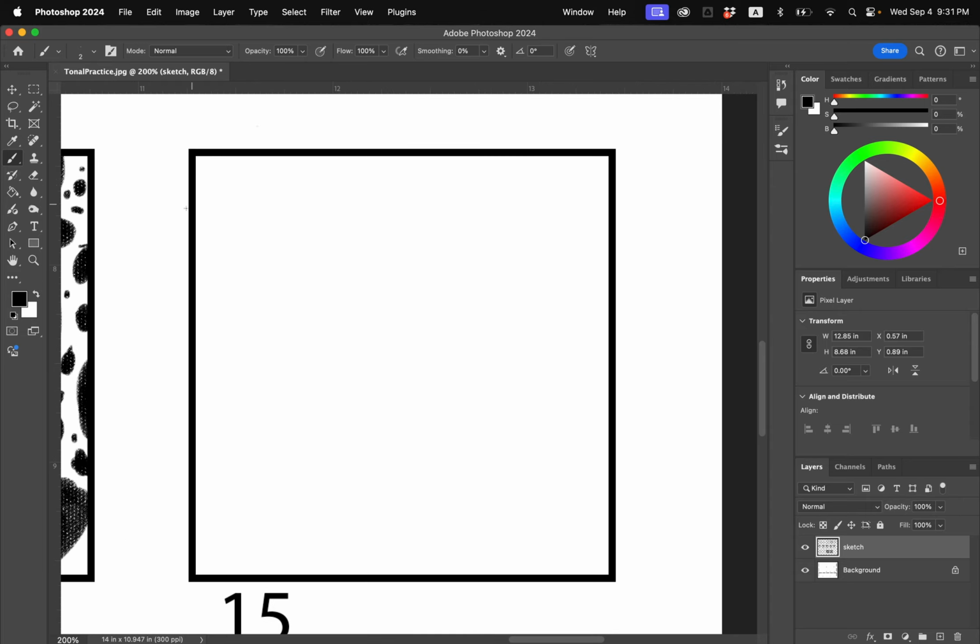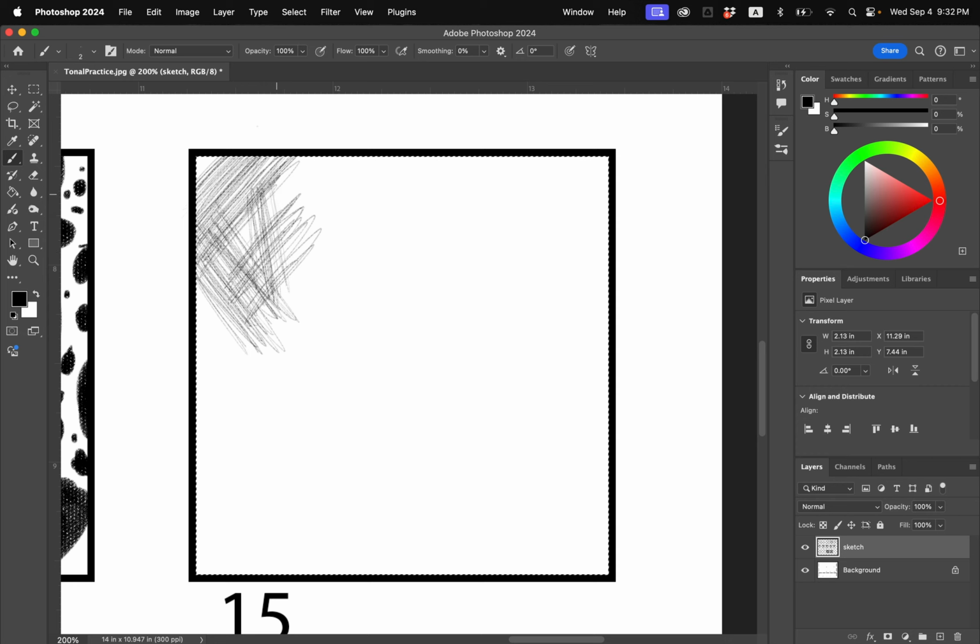With this one, just like we've done with the others, let's select our area first. Just like we've done with the others, I'm going to start off with light scribbles and just kind of create a patch of one solid tone. This doesn't have to be very dark, but we do want it to be noticeable. Once you get one patch area created, change the direction and overlap it with another patch. You're going to repeat this process until the entire area is filled in,